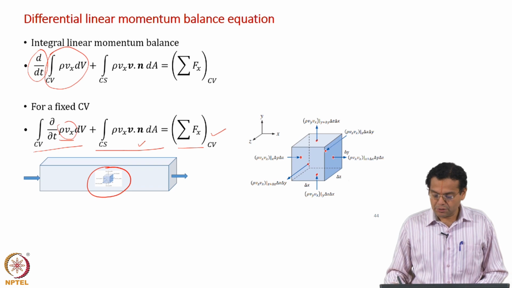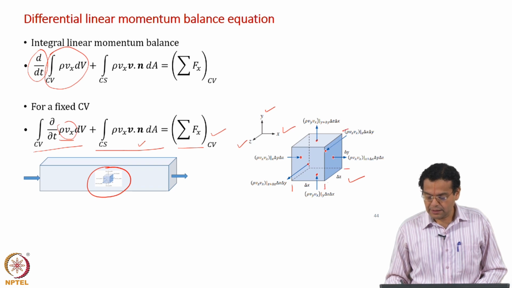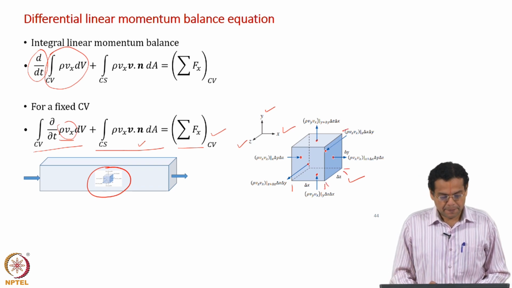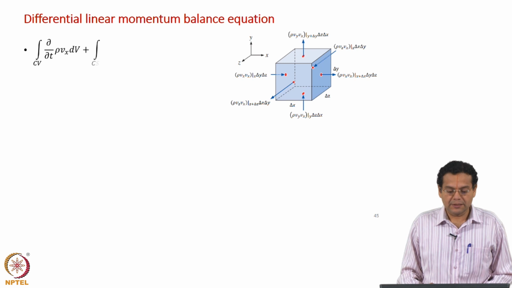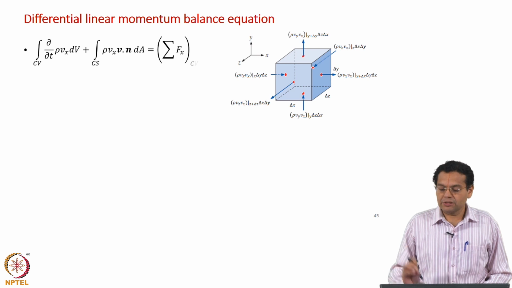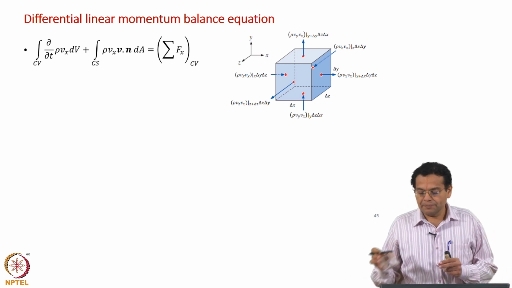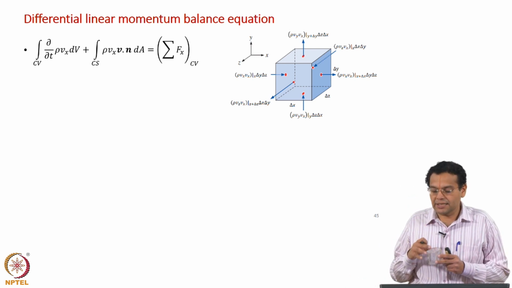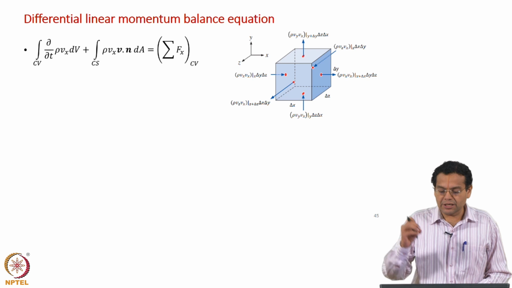Now, the control volume is shown here, and the coordinate axes are the same x, y and z, and it's a cuboidal control volume of length delta x, delta y and delta z. Now, let us simplify the different terms in the integral balance equation. When I say simplify, we are going to apply this integral balance equation for this small control volume. The way in which you should imagine is that this control volume is a small region inside our equipment, and then as we did for mass balance, we will shrink it to a point.